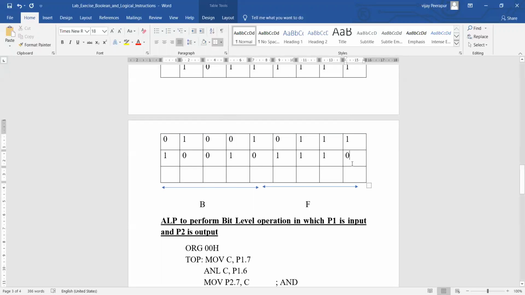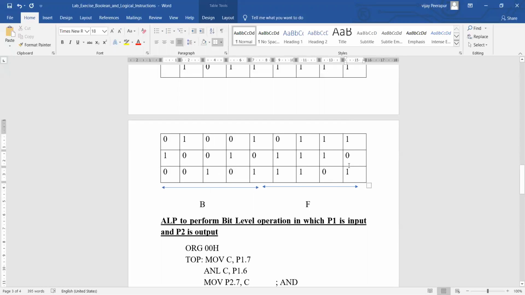Next, again I will perform the shift operation with carry. And what is the carry bit we have here? It is 1. That is set to 1.